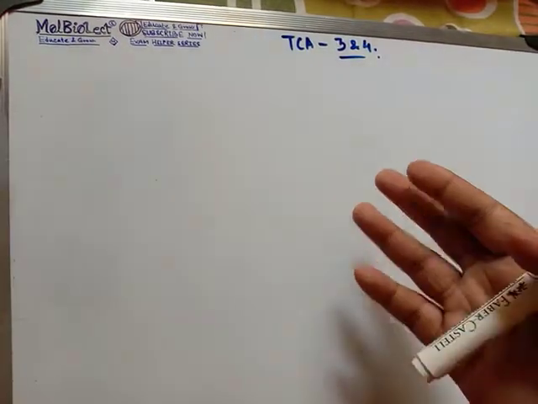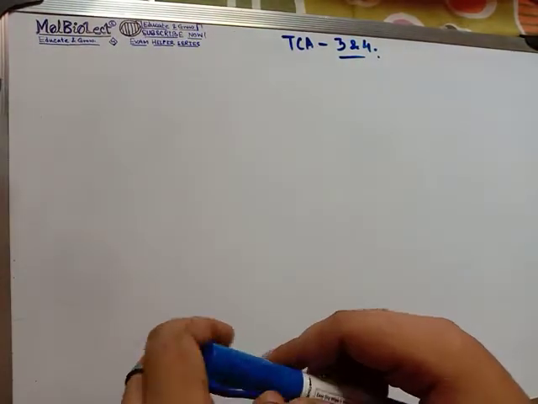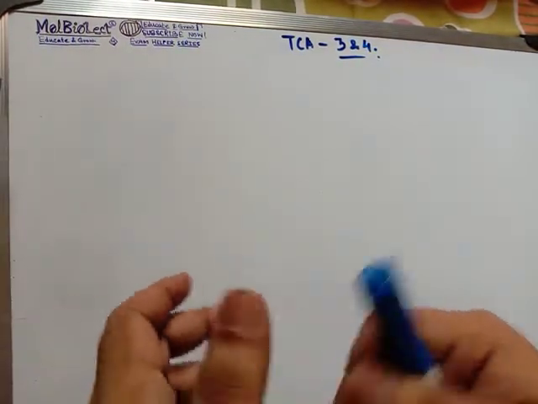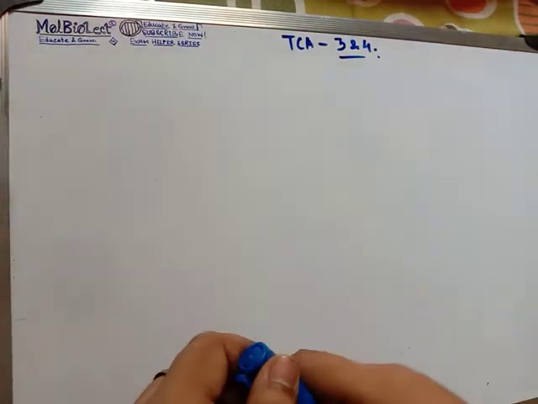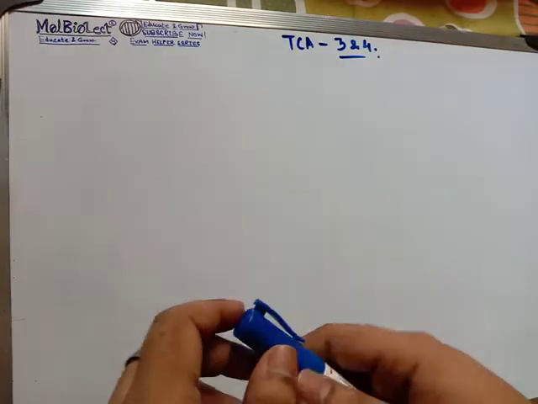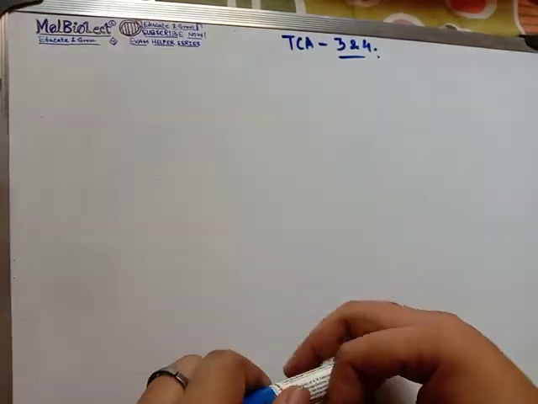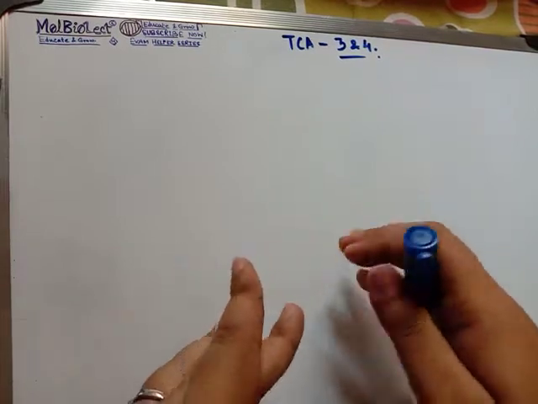Isocitrate dehydrogenase is found in two forms inside the cell. One requires NAD plus, which is converted into NADH, and the other requires NADP plus, which is converted to NADPH. And as you know, NAD is for the catabolic process and NADP for the anabolic process. The overall reactions are very much identical.